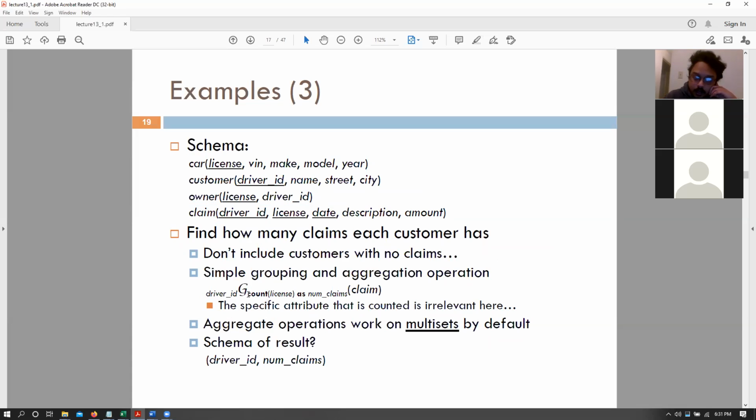Okay. So when we are grouping by driver ID, would this query work if instead of count license, we had count star? Would this query give me the same answer? So instead of count license, if I say count star, count me the number of licenses that each customer has versus count me the number of rows for each driver ID.